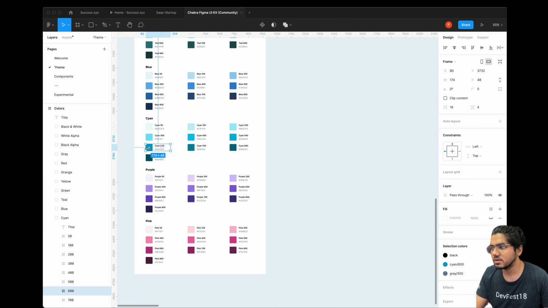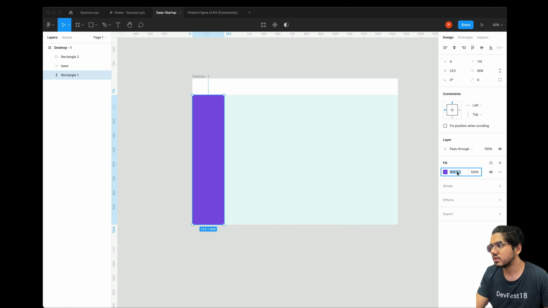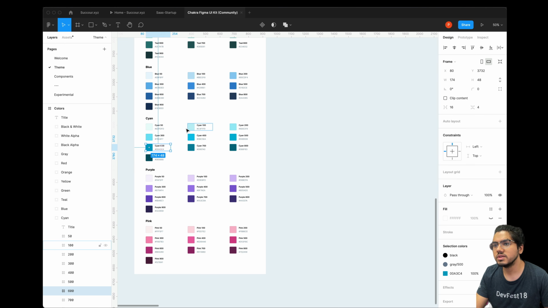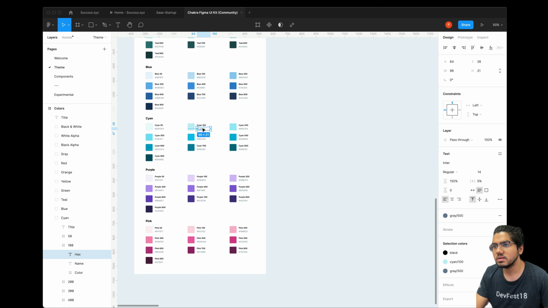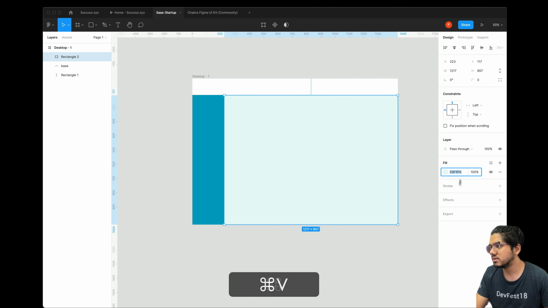So we can see we have a color which is cyan 600. So if you want to know the hex value of cyan 600, you just have to click here and it will show you 00A3C4. So now what we do, we'll go here and make it the same, and even the lighter color we'll use the same one. Cyan 100 we'll use. So this cyan 100 is C4F1 something, so we'll use that only.